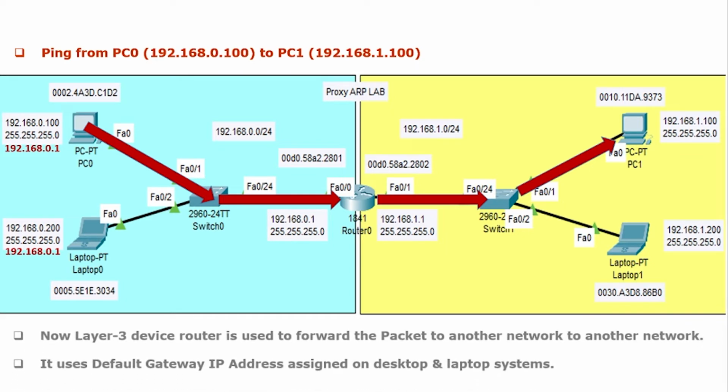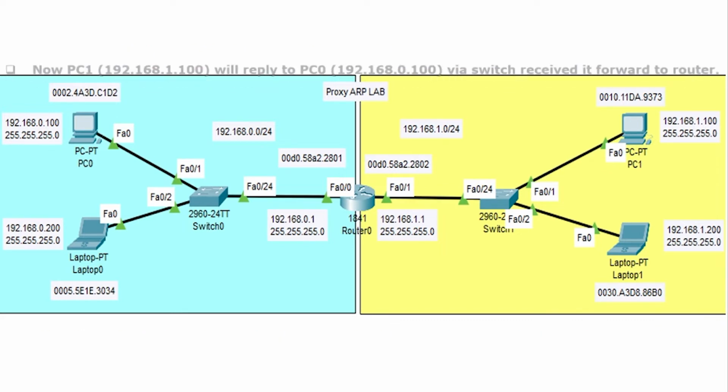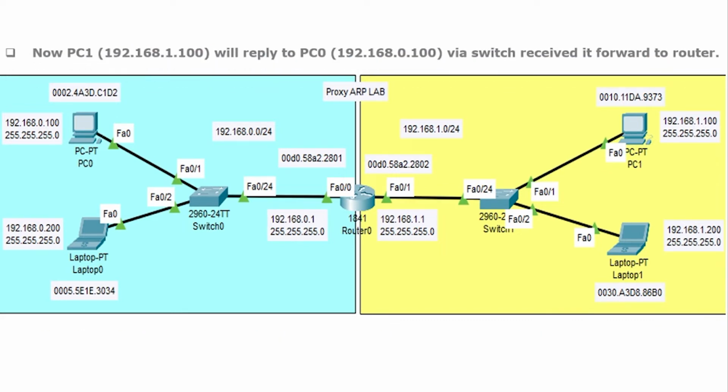Now the layer 3 device, the router, is used to forward the packet from one network to another network. It uses the default gateway IP address assigned on the desktop and laptop systems. Now PC1, that is 192.168.1.100, will reply to PC0, 192.168.0.100, via the switch.